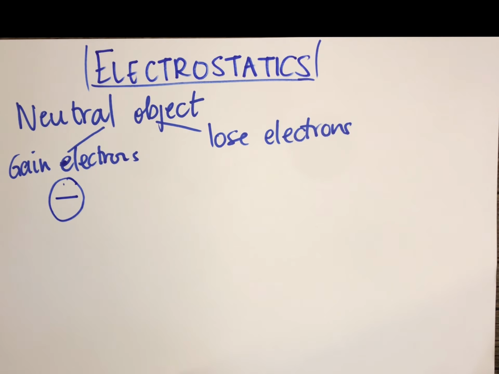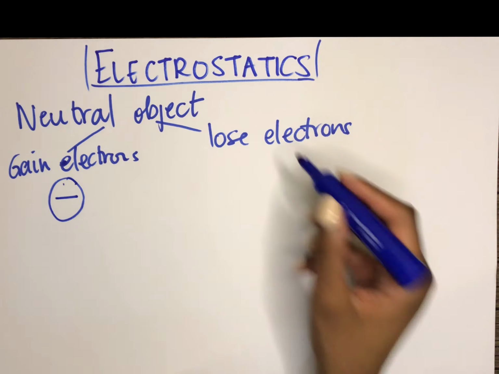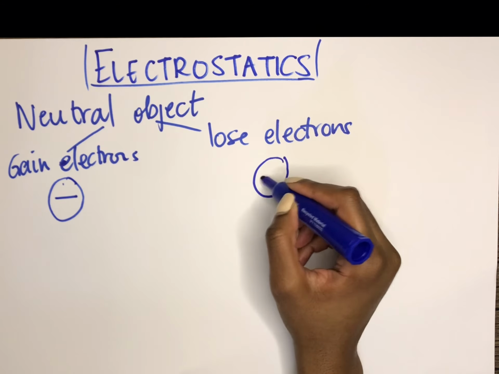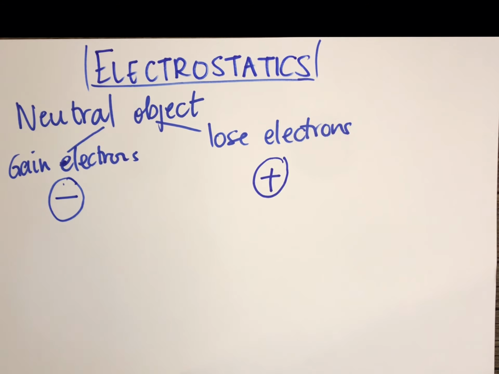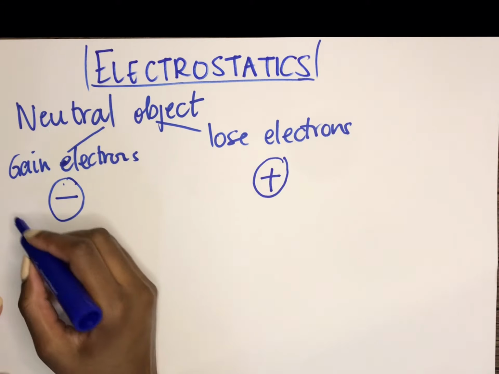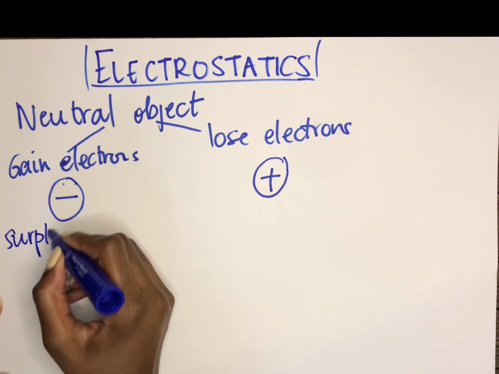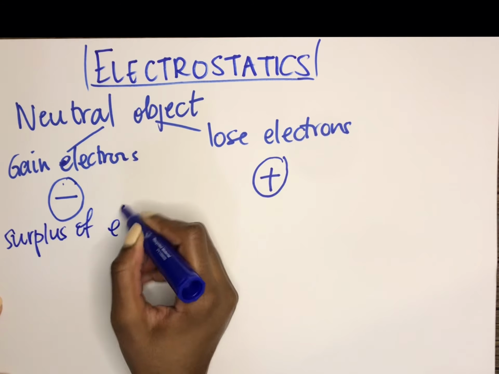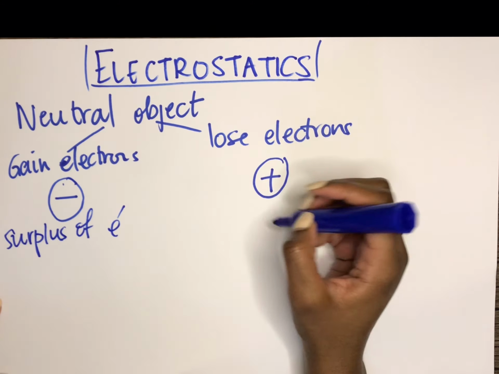And when an object has lost electrons, then it acquires a positive charge. We usually refer to spheres when we're talking about electrostatics. So this one I said has a surplus of electrons, and this one has a deficiency